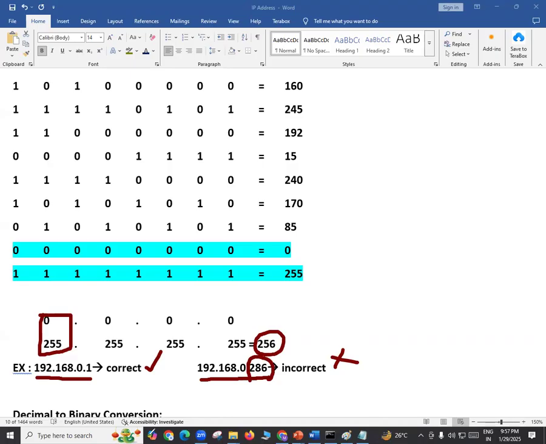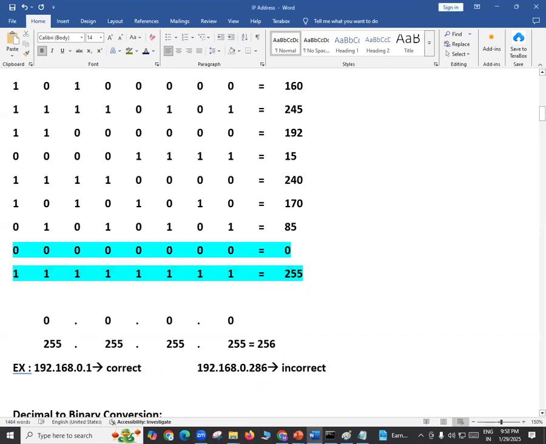Okay. Listen carefully, friends. There is a very simple point here. The range is between 0 to 255. So total numbers are how many? Total numbers are 256. That means 0 is counted as a number. So 0, 1, 2, 3, 4 up to 255 means how many numbers? 256 numbers. But can I use an IP address like this, let's say 256? Is it allowed? No, 256 is not allowed. I cannot enter the number as 256. So the numbers are between 0 and 255 only.